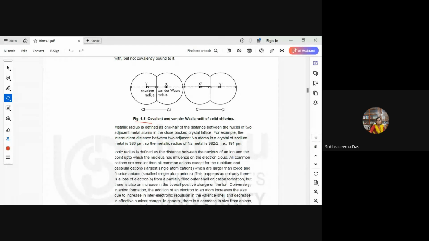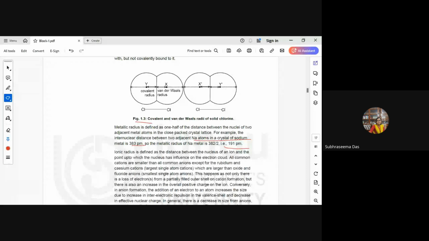Now metallic radius, as the name implies, is defined as half of the internuclear distance between two adjacent atoms present in a crystal lattice. For example, the internuclear distance between two adjacent atoms in a sodium lattice is 383 pm. Therefore, the metallic radius for a sodium atom will be half of 383,